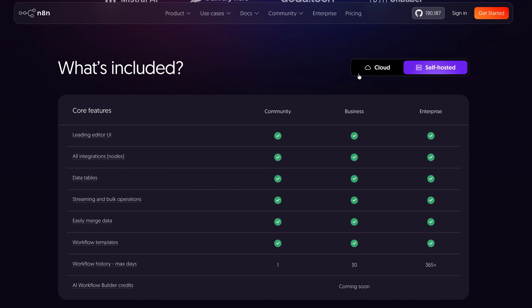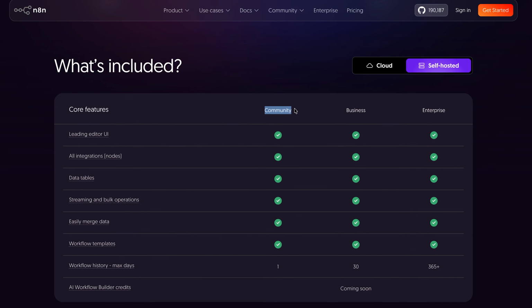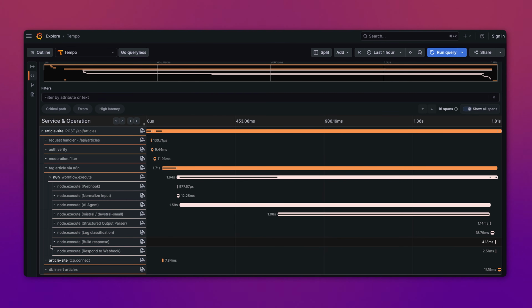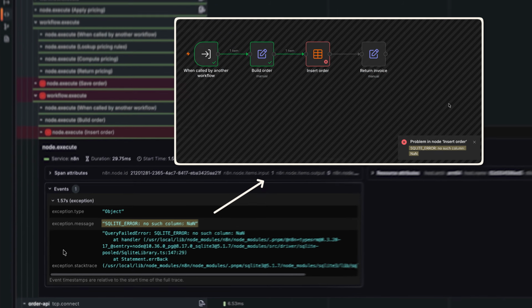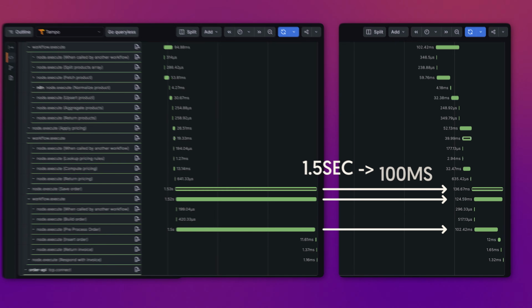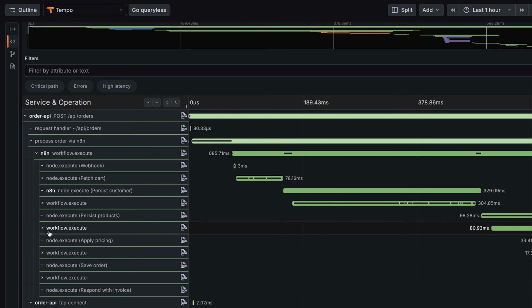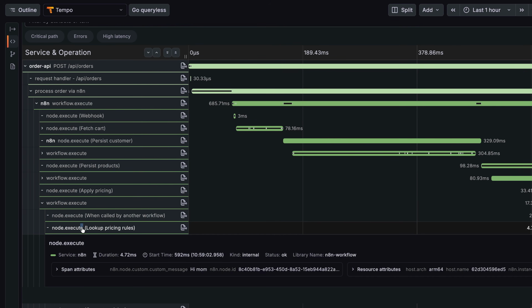But you don't even need some crazy distributed system to get value from this. In fact, it's even available in the free community plan, so you could start from your home lab. It works even if your requests stay completely inside of n8n. You can debug and find the source of errors, optimize your workflows and trace through sub-workflows, even extend it with